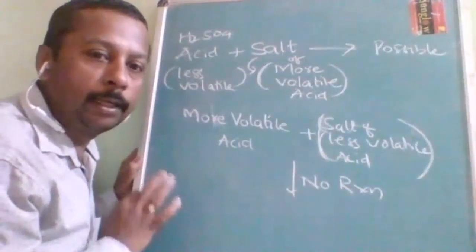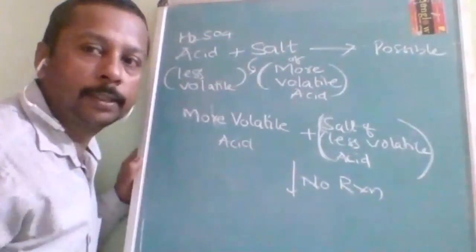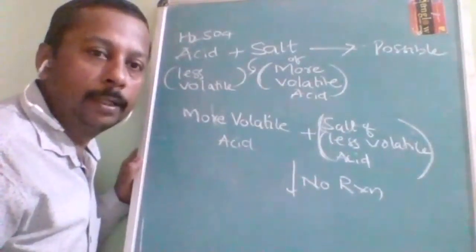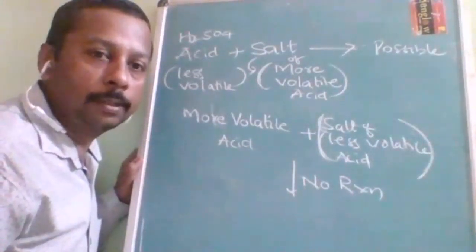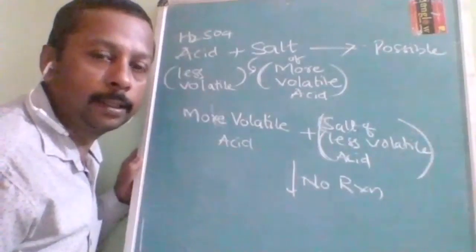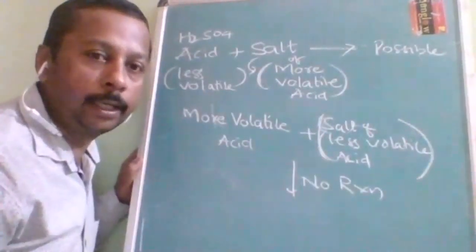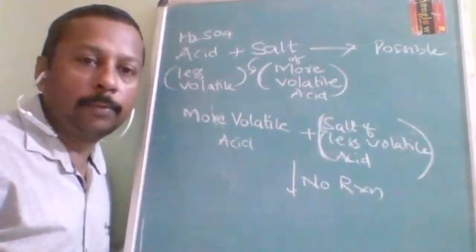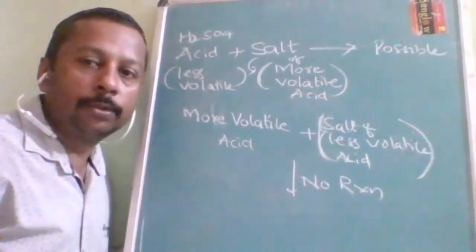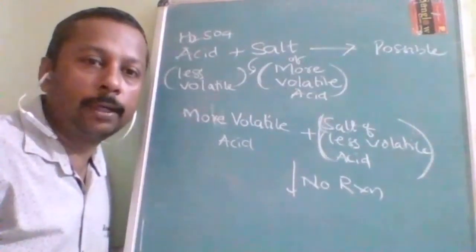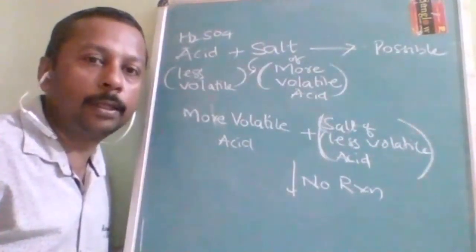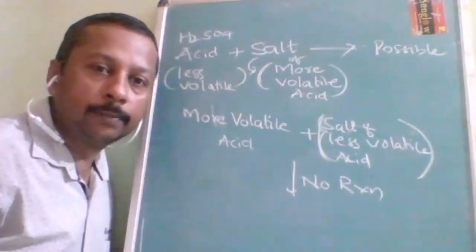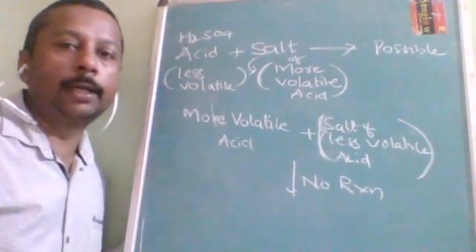Now you need not mug up the things. A thing is said to be volatile when the intermolecular forces are weak, like organic acids. Suppose acetic acid is a volatile acid. You can compare volatility with the types of bonds. If ionic nature is more, then the forces will be strong and volatility will be less. Why is sulfuric acid less volatile? Very good, because of the strong, extensive intermolecular hydrogen bonding.